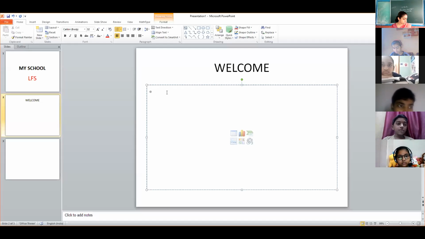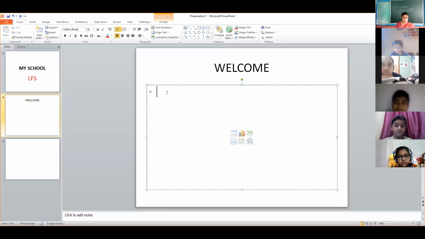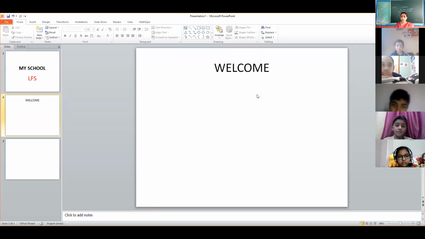Now the very first thing that we have to do, as it is given in your book, I am reading the steps first, then we will follow the steps. The very first thing is select the slide on which you want to add your audio clipping. So I have selected this one. I'm just removing this particular box. I've selected this and I will click on delete. So this box is deleted. Now below this particular slide where welcome is written, I want to insert my audio clipping. So this particular slide I have decided where I want to insert my audio.